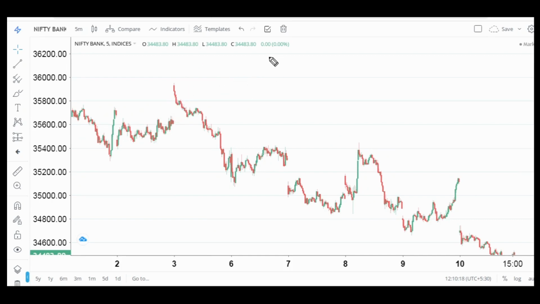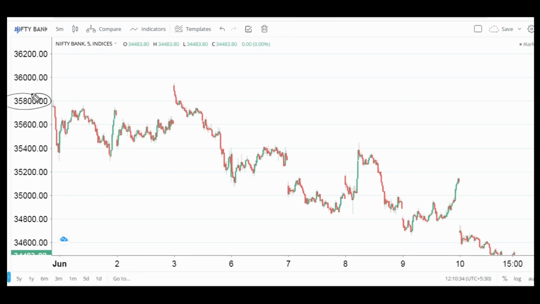So as you all know, at 9:16, suppose market is at 35,800, as you can see here. So we should sell one lot of call and one lot of put at 9:16 as per the ATM. Okay, so ATM call put, so one straddle we have sold. One OTM call we should also sell at the same time, and one out of the money put, one step out of the money put we should sell. So these are our first entries. Okay, so we have sold 2 calls and 2 puts. One ATM, one OTM, both sides.